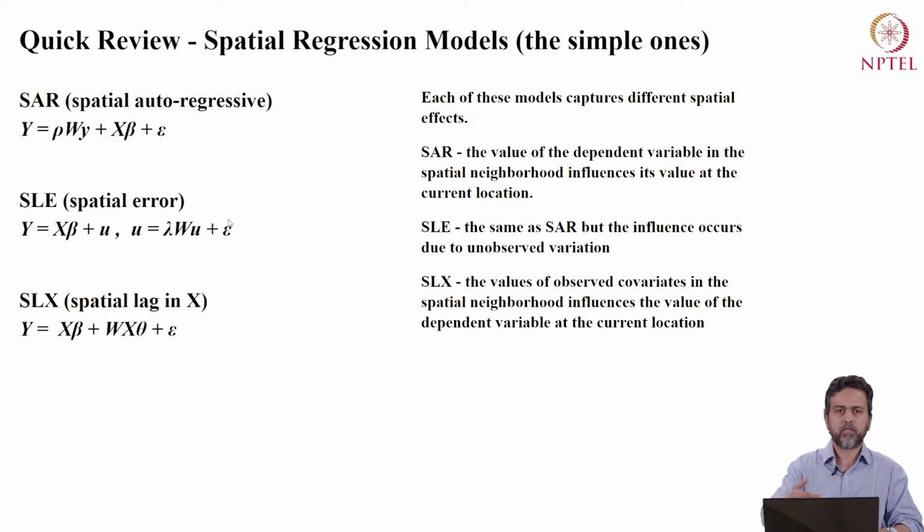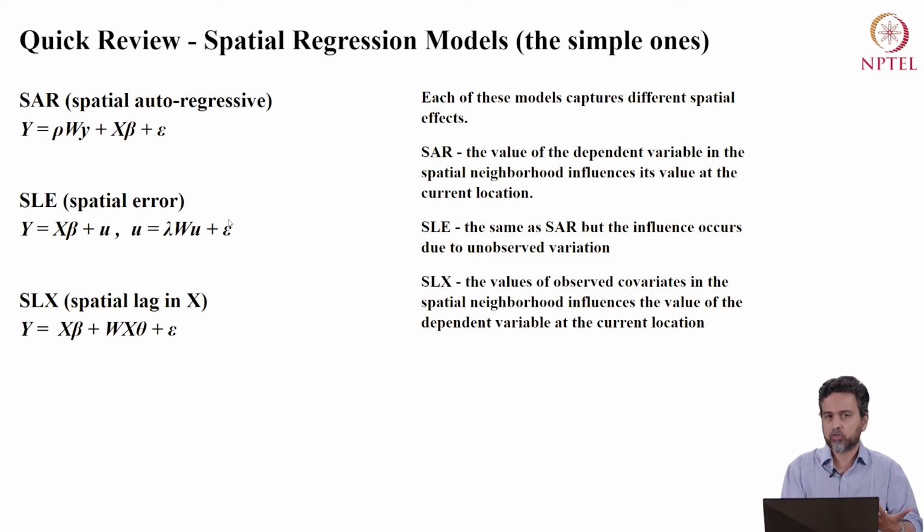Now, what's the difference between this model and the previous one? Well, this model is saying that there is spatial autocorrelation in the errors of each observation, meaning that the spatial autocorrelation is coming from unmeasured factors. It's not coming directly from variables that we include, but from unmeasured factors, which is a little different from when the spatial autocorrelation is coming from direct relationships between the dependent variable at various locations.